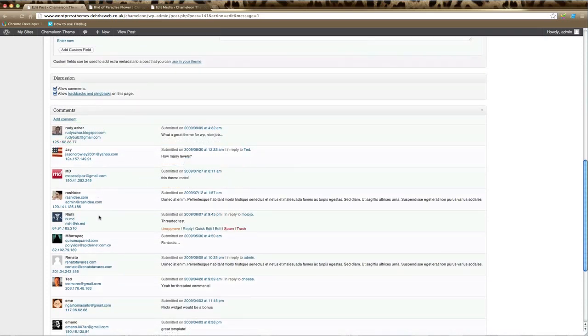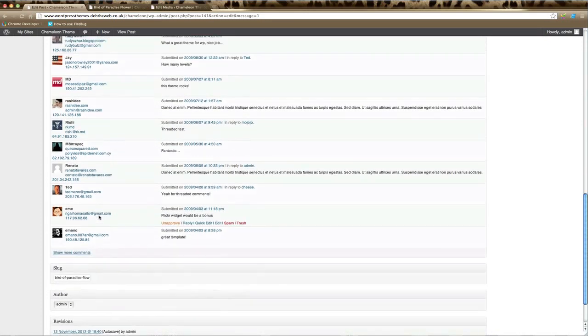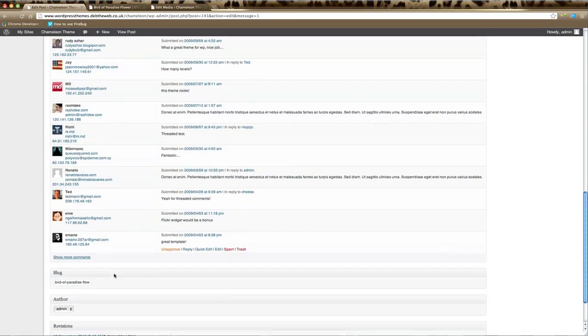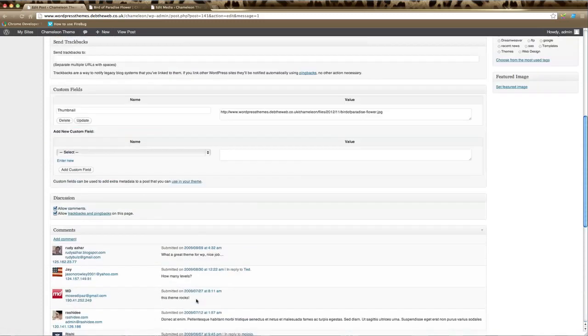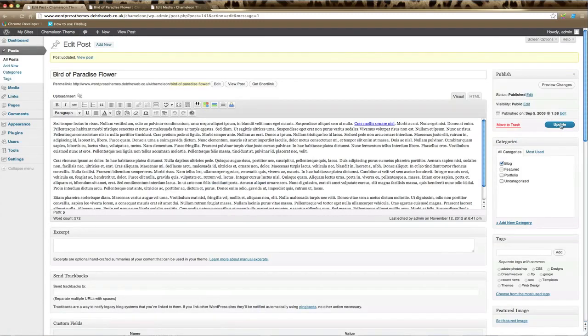And comments will show, all the comments that you've received for this particular blog post will show here. Below is the slug box where again you can change the URL of the page, and you can also change who the author is, and the last box just shows which revisions have been done when and by whom. And just remember, any changes, click update,